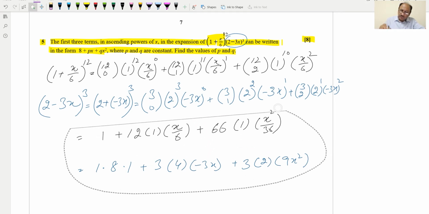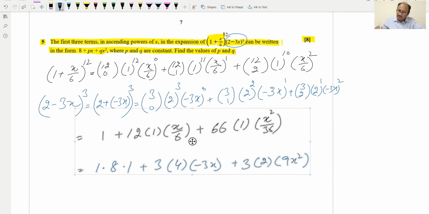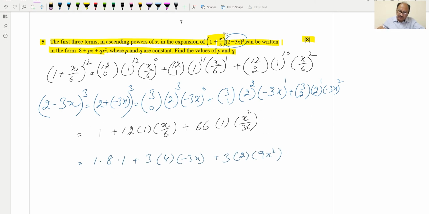What I will do, I will reduce the size, and this one we can write equal to, so this equation is basically in this color, so I will write this one equal to 1 plus 6